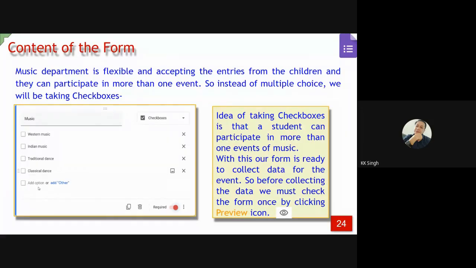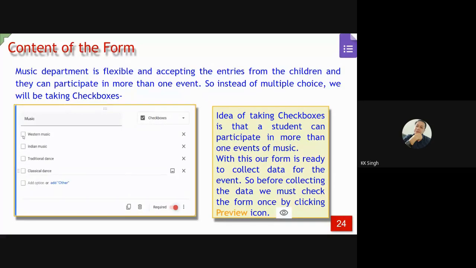If the participant wants to appear in many programs, like music, and music has many programs here, like Western music, Indian music, traditional dance, then we have to select multiple choices or more than one option. If the participant wants to participate in Western music, we can select this.